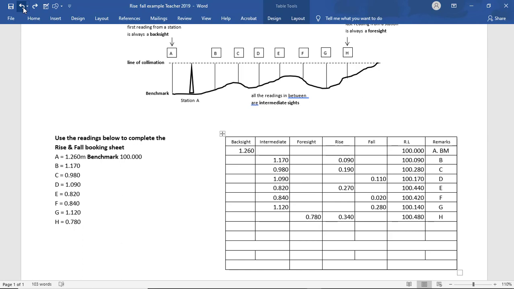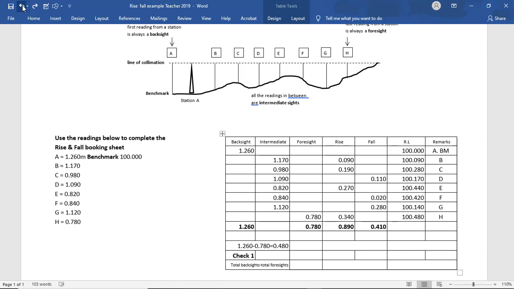Now then we have to check to see our sheet's correct, and how we do that, we check to see everything balances. So we have to have our total backsights, our total foresights, our total rise, our total fall, and then we do check one, which is total backsights minus total foresights. So there's our total backsights of 1.26 minus 0.78 gives us a figure of